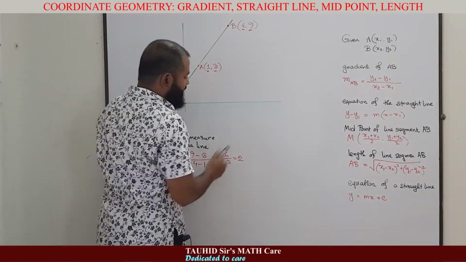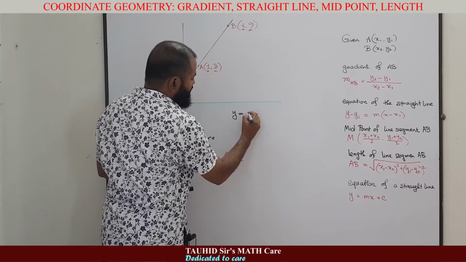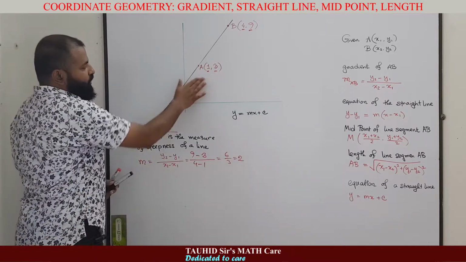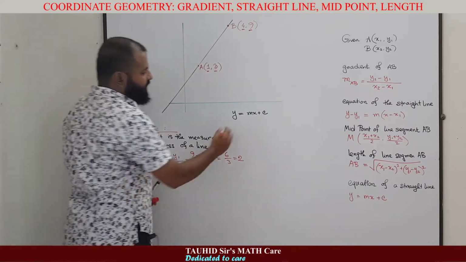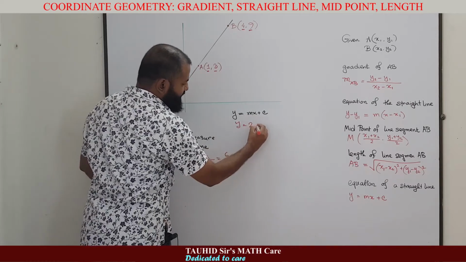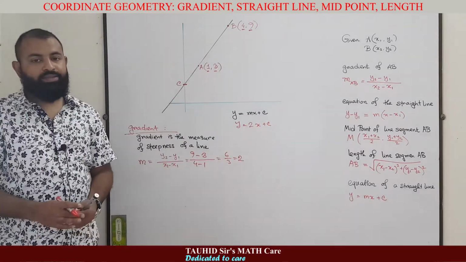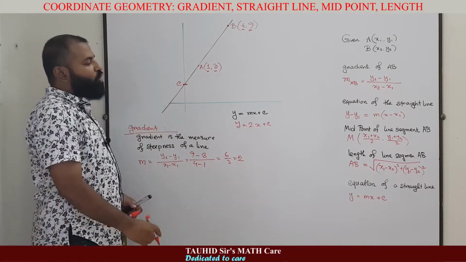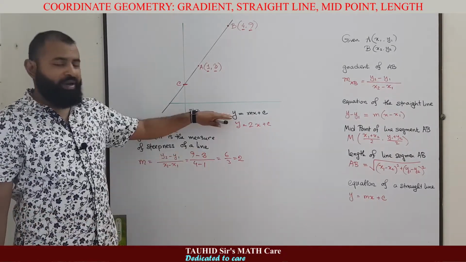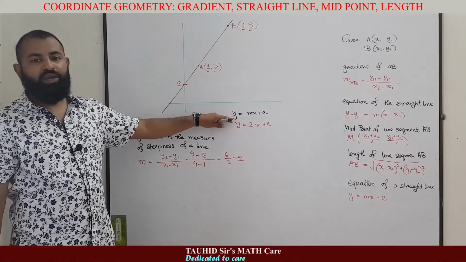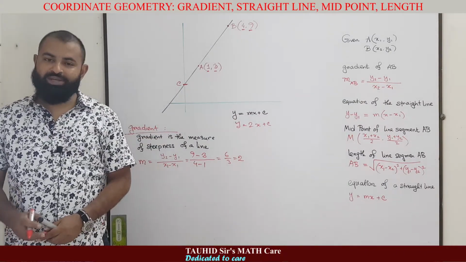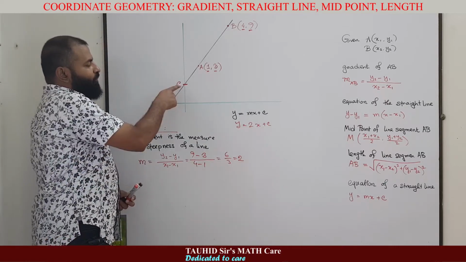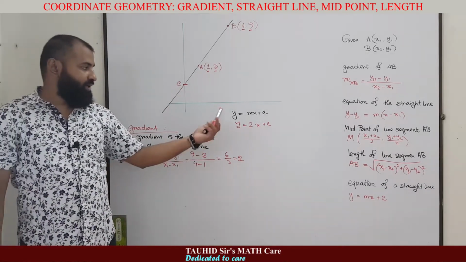We learned an equation of straight line a few moments ago, y equal to mx plus c. So the equation of this straight line will become y equal to, the value of m is 2x plus c, where c is the value of y-intercept. That means the value of this point, but we don't know that value. So is it a practical solution to use this equation here to find the equation of straight line? No. In this case, where we don't know this point, we cannot use this equation.